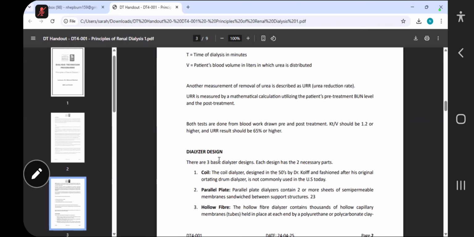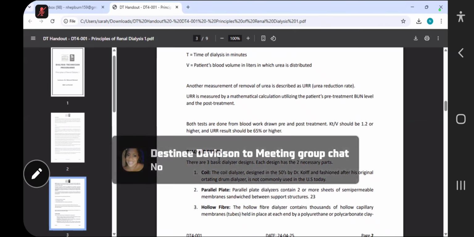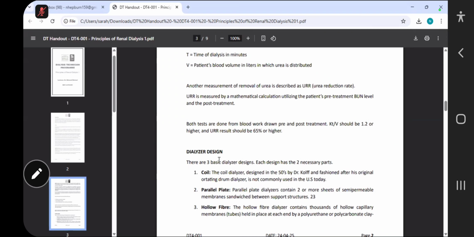I don't remember hearing about that, no? Okay, so I asked him to go through that, to find the URL where you have to take the pre divided by the post multiplied by, I think, something with 1.2, but Dr. Michael will... you see? Both tests are done from blood work drawn pre and post. KTV should be 1.2 or higher. So when you put the pre divided by the post,